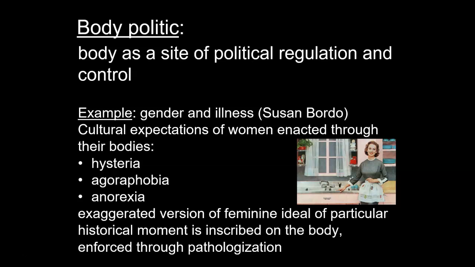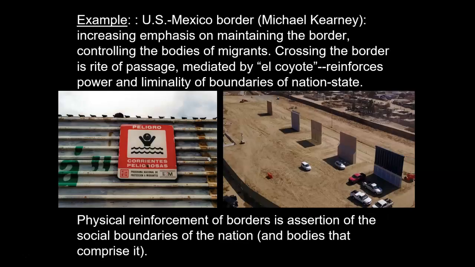So she's saying it's an exaggerated version of the feminine ideal of the domestic sphere for women, the idealized 1950s housewife, that became a pathologized version of what that current cultural expectation of women was. All right. So again, this is an example of the body politic, how notions of illness here are connected to regulation and control. I'll give you one other example, which is from the work of Michael Kearney about,